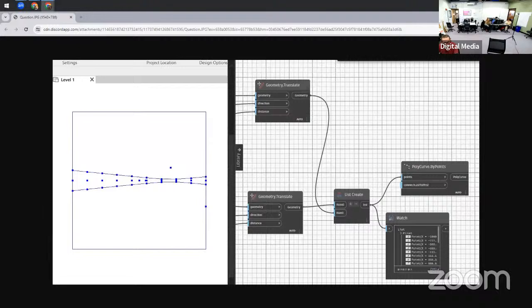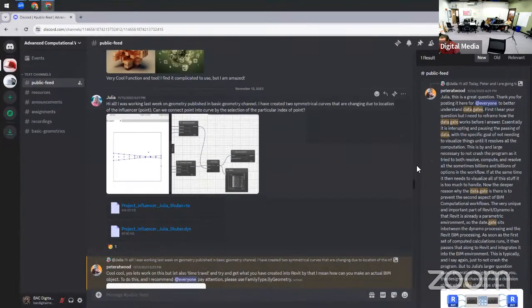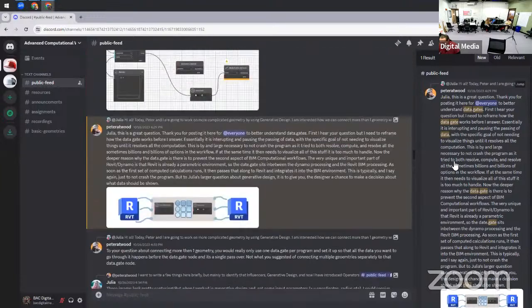a BIM environment, since this tool connects to the Revit environment and BIM, like generative design, and tries to explore multiple design options.